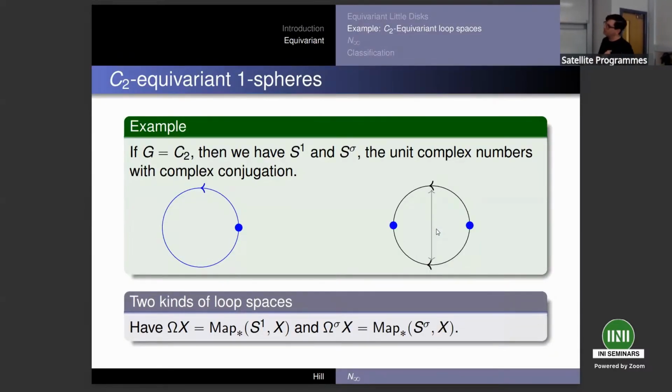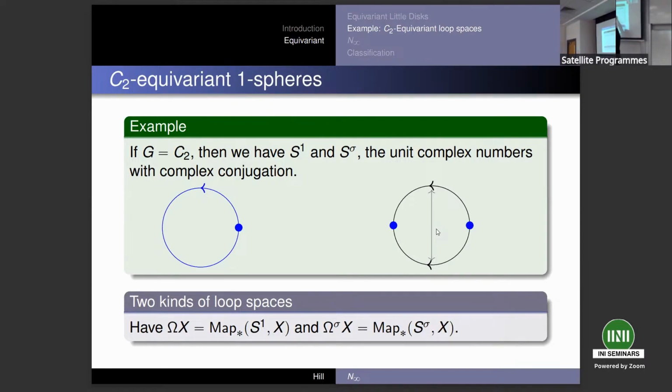The example I want to do is the C2 equivariant case and C2 equivariant loop spaces, where I have two circles that I can think about. I always want them to be pointed, so that threw away the third circle you might have been thinking about. The first is the circle with a trivial action. That's entirely in blue. In fact, in this and the next slide, all of the fixed points are color-coded blue. If you can't see blue because of this, trust me, they're color-coded blue. This whole thing is fixed, and that's an action of C2 on a circle.